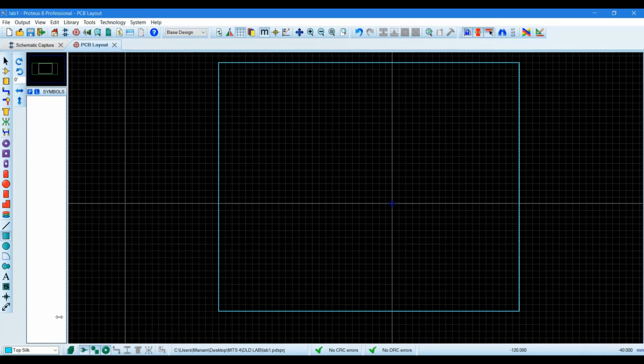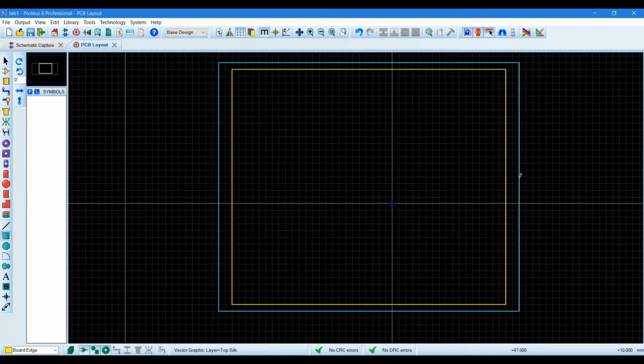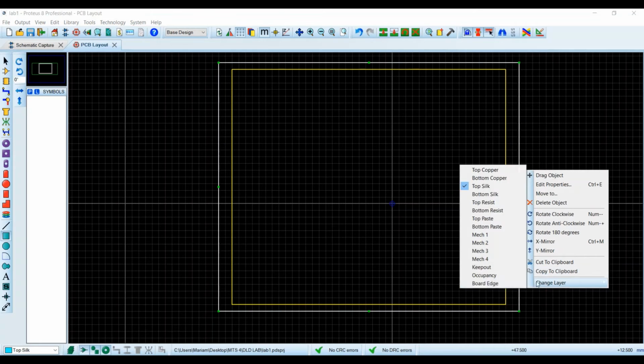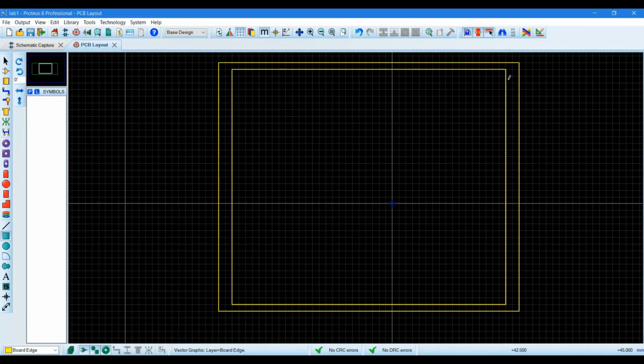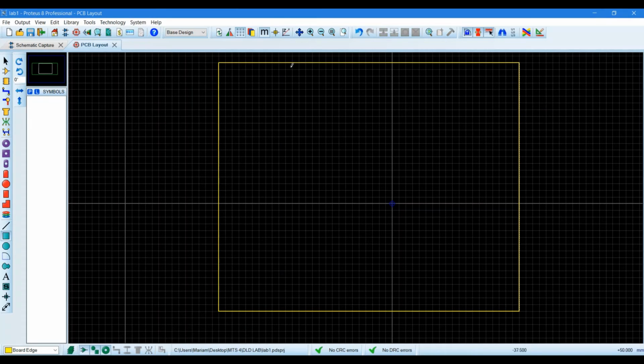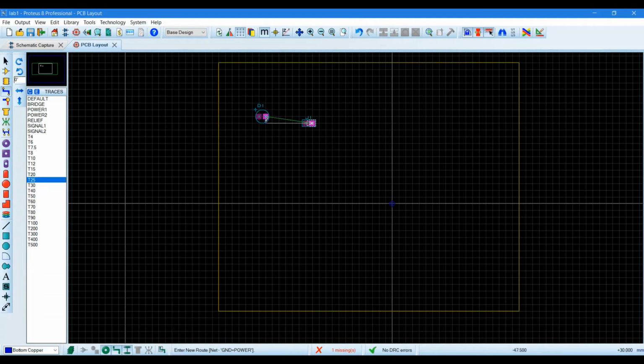After forming this box, at the bottom here, select the board edge. Also we can change its layer here by just doing this. So it's cash yellow, as you can see. Furthermore, there are two types of options here. We can place the components ourselves, we can do the wiring here itself like this,